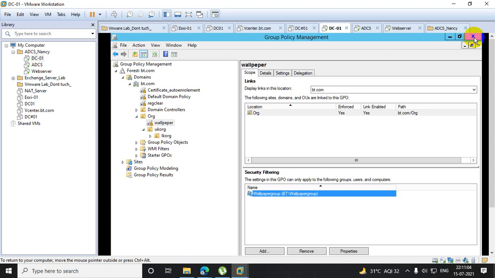GPO basically works on computer management and user management. Wherever the requirement arises, you have to figure it out on your own and provide the services accordingly. Got my point? I can show you the next 7 to 8 practicals that we can perform through GPO on a day-to-day basis, but it's not possible to show you all the practicals. You have to use logic yourself and apply it accordingly. This is just like a day-to-day activity.